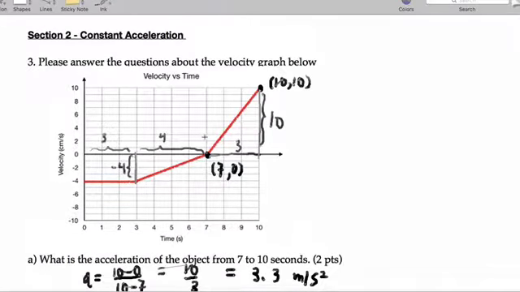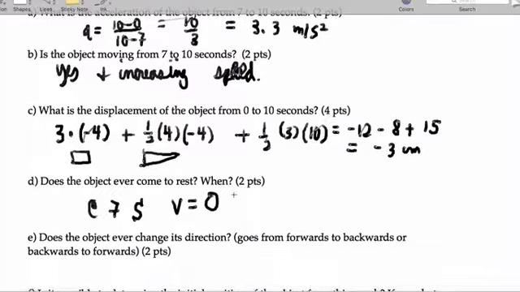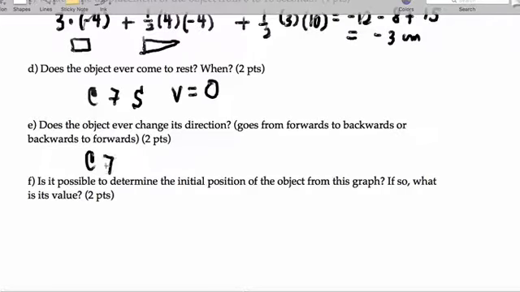Now, does the object ever come to rest? Yes, it does. At 7 seconds, v equals 0. Does the object ever change its direction? Yes. Again, at 7 seconds, it goes from backwards